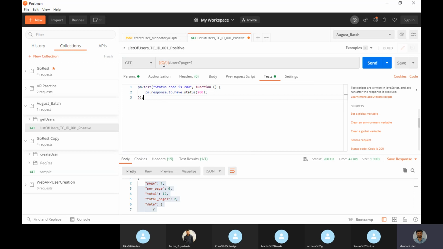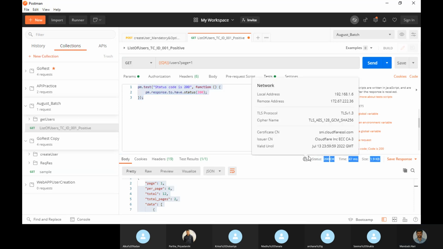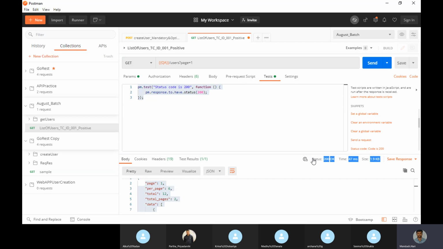We did this parameterization and wrote some script. We don't need to remember this script. Just to say, if someone asks you in an interview how you validate without seeing your status code in the Postman UI, whenever I run a collection it should validate automatically.